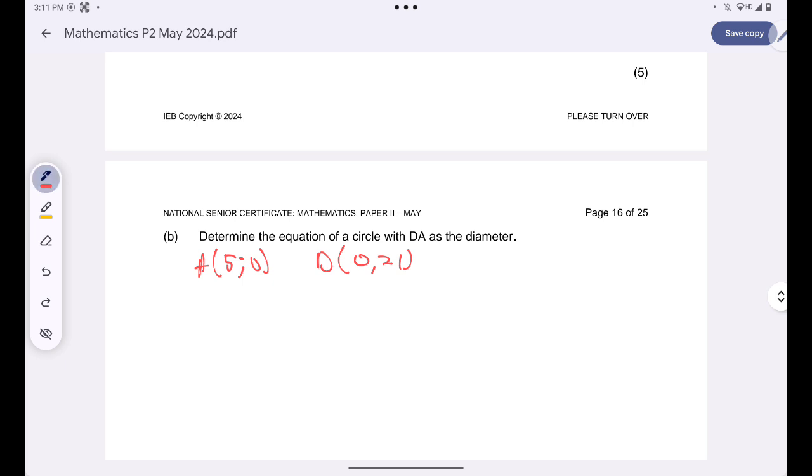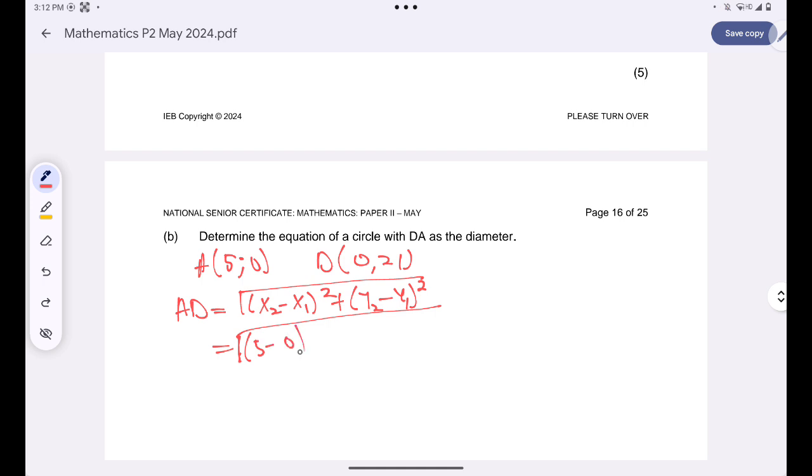Remember that AD is the diameter, right? So the length of AD is the square root of x2 minus x1 all squared plus y2 minus y1 all squared. So this is 5 minus 0, and then 0 minus 21. This will give me,